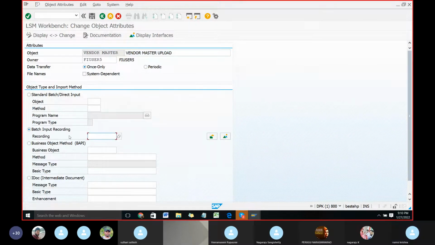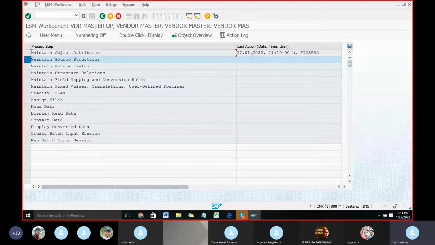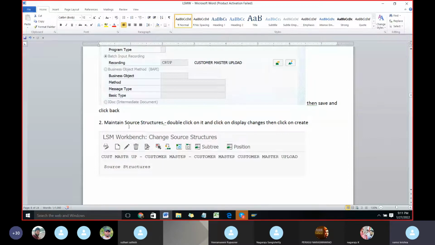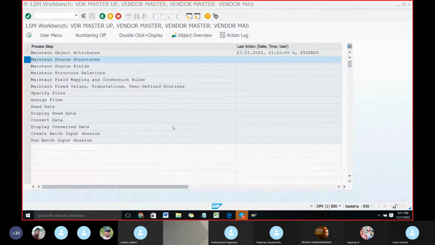So here under batch input recording, you have to select the recording which I have given, the name is VDF, and then click on save here and go back. So here the last action date, it will capture the first step which we have done. Then go to the second step, maintain source structure. So double click on this maintain source structure